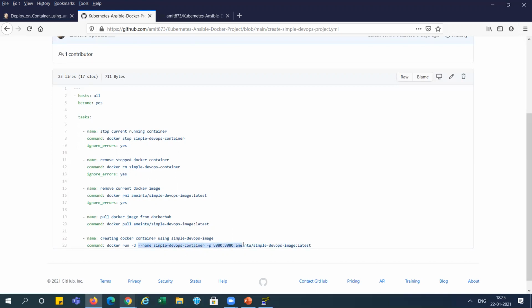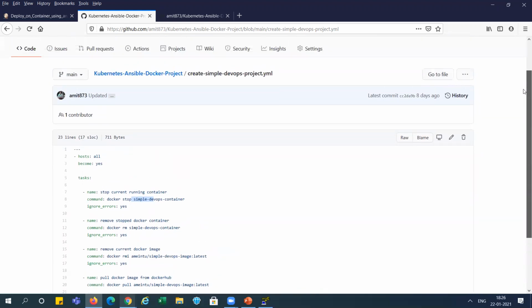So for the redeployment, the automatic deployment process, we need to first remove. This is the process for automatic deployment. And I'm adding ignore errors here, because the first time there will not be any image or container to stop, so it will give an error. For multiple deployments, for continuous deployment, it is required, right? So I hope it is clear to you.